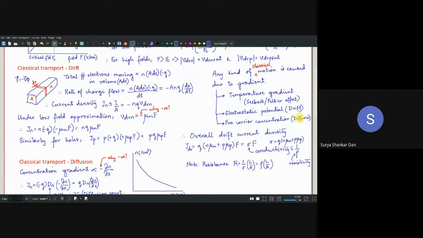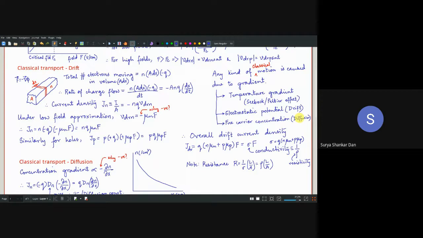Then let us talk about the typical classical example. Just like we learned in childhood, what is diffusion? In one corner of a room you have, by mistake, kept one perfume bottle open. After a few hours the entire room starts smelling nice. Why is that? Again, the concentration of those perfume molecules towards the corner of the room is more than in the rest of the room. So they will essentially go from higher concentration to lower concentration. So higher to lower is a gradient. So again, concentration gradient. That is a classical example.